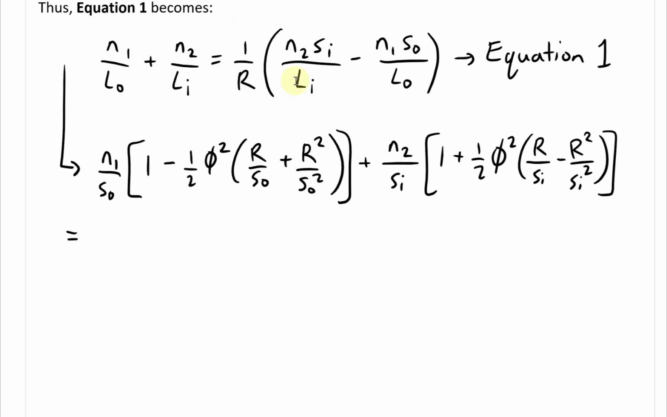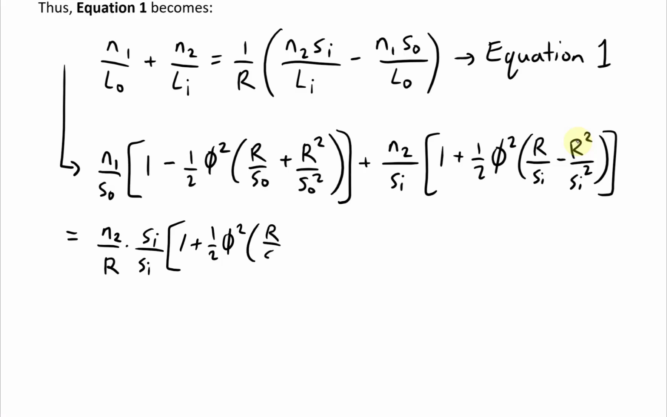I'm going to multiply this 1 over R inside. So we're going to have a 1 over R, or actually, better yet, remove the 1, multiply this inside. It's going to be N2, the next one's going to be Si, then divided by Li, which is over here. This one's the Li, so we have an Si over there. So remember, Li has an Si. And now we're going to multiply this by bracket 1 plus, and this whole thing is 1 over Li, so it's going to be 1/2 times phi squared R over Si minus R squared over Si squared